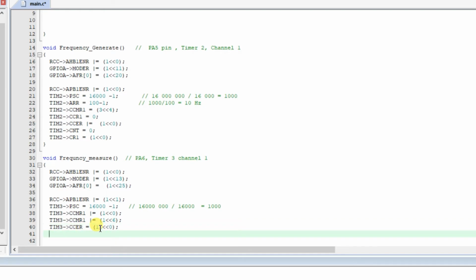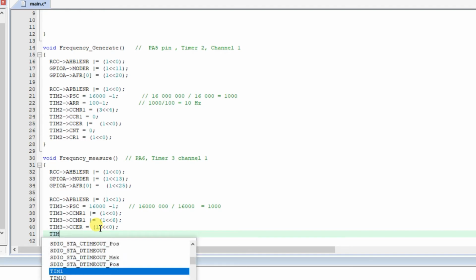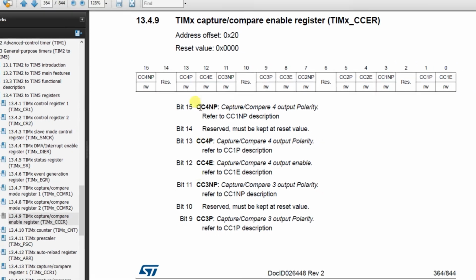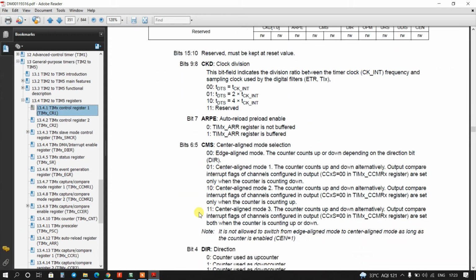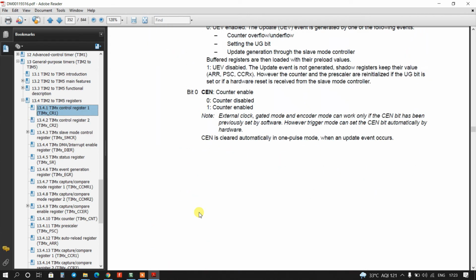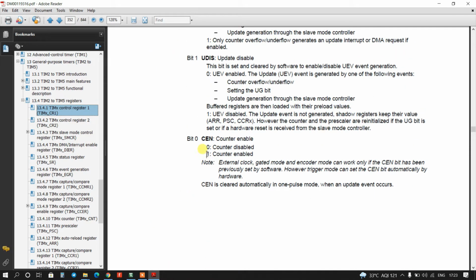And finally we will go to the control register, timer 3, CR1. For the input we will enable the counter again.